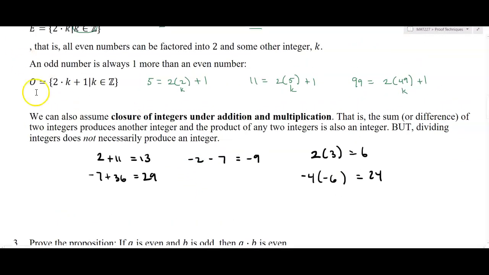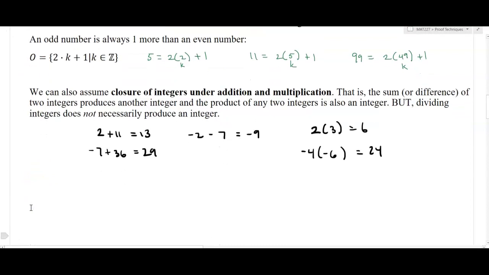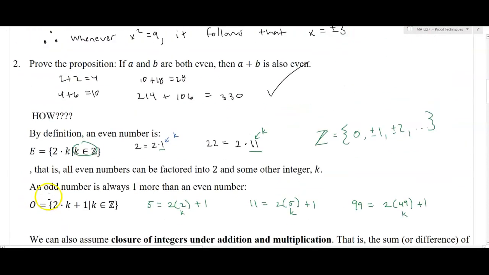Okay, so let's go ahead and prove this statement now, that the sum of any two even integers is going to be an even integer. Now, we didn't say even integers, but when you see the word even, well, by definition, it's going to be an integer, because it's the product of two integers, and by the closure property, an even number cannot be a fraction.